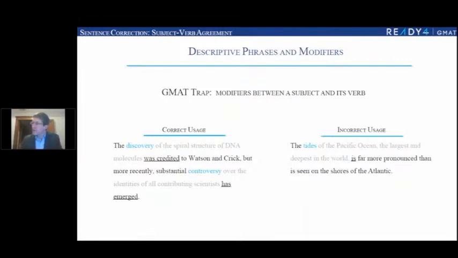This is not so much about subject-verb agreement, but just about sentence structure. So when you look at the sentence and you're trying to find the subject, make sure you focus in on the simple subject, which is like the one word that gives the meaning to the subject. So like the discovery of the spiral structure of DNA molecules, that is the subject of the sentence. But in terms of the grammatical structure, you just focus on the word discovery. All this other stuff like of the spiral structure, of DNA molecules, those are all modifiers.